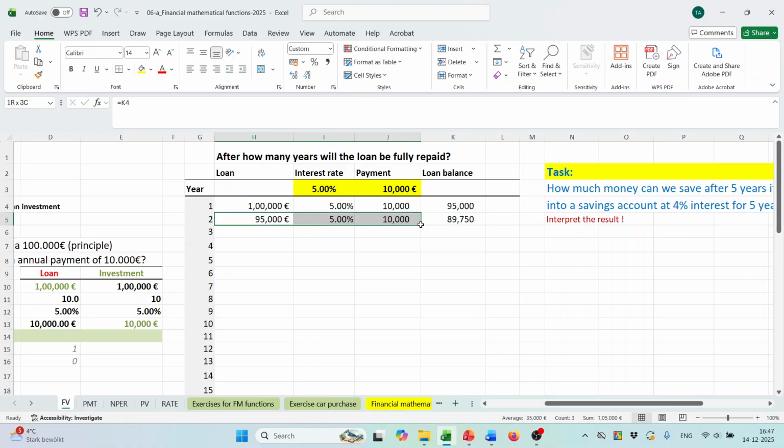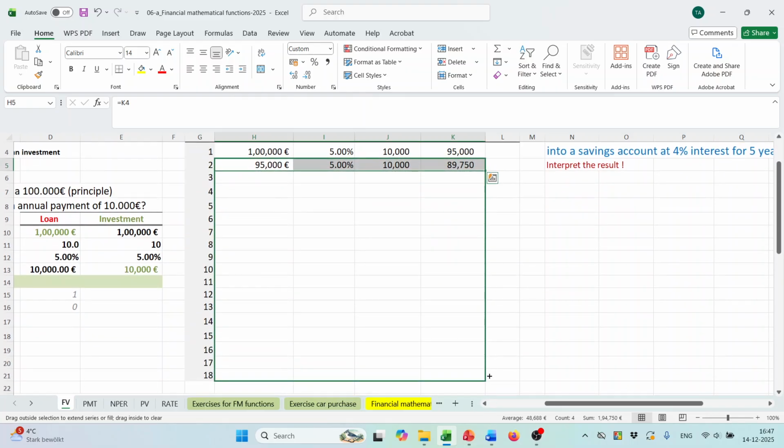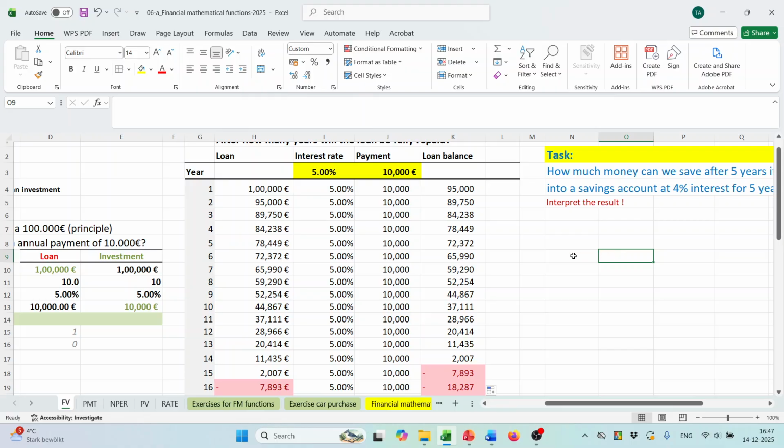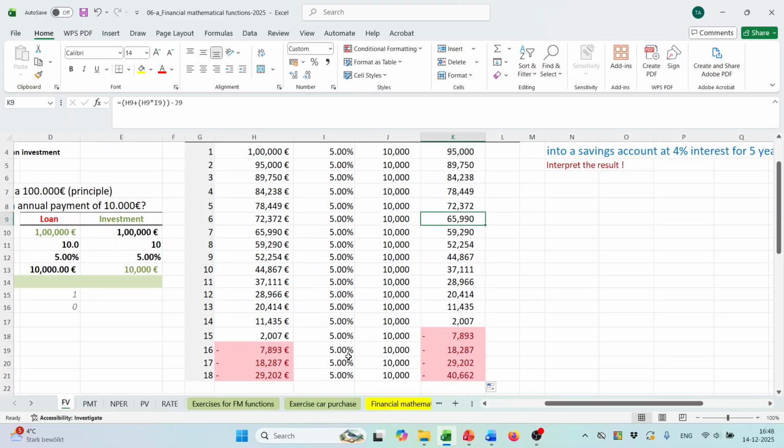So if I copy down all the formula, now you can see we are getting our loan balance every year. The loan comes from here to here, and then it is calculated based on the new principal, and this is our loan balance again, and this is continuous. And after 14 years